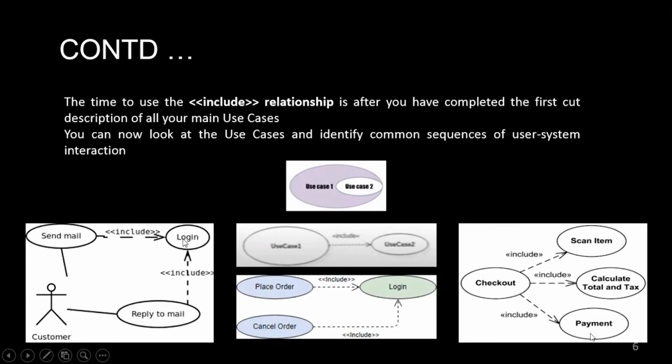Like this login feature, we can use it by calling it from different functions: send email, reply to email, or first of all, if you want to just check your email. In the same way here, place order or cancel order needs login in the system. Then after that we can perform anything we want to do.